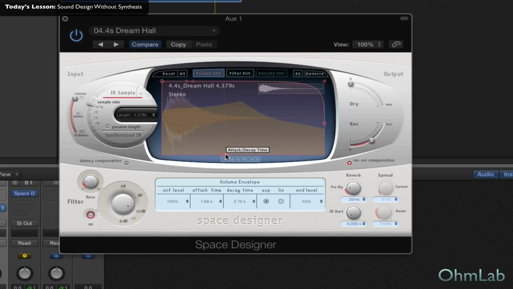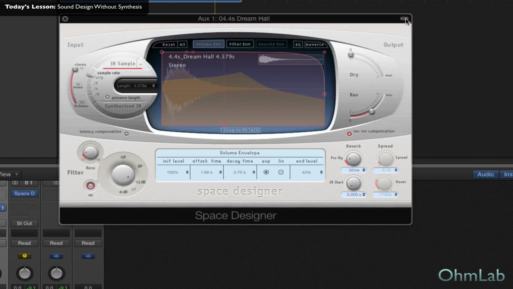But what this person was asking for was a truly cinematic type of experience. And that does not simply mean adding reverb. That's just not how it's done. We're using a tool called Space Designer. And I know that I'm a fairly well-known Logic fanboy, but I do believe that this is one of the greatest sound design plugin tools ever created. Regardless of what DAW you're using and what kind of sounds you're making, it's such a beautiful